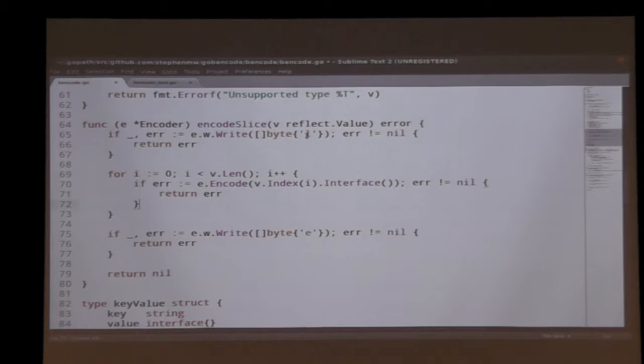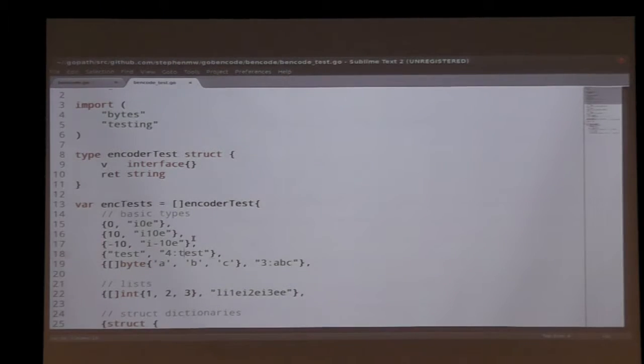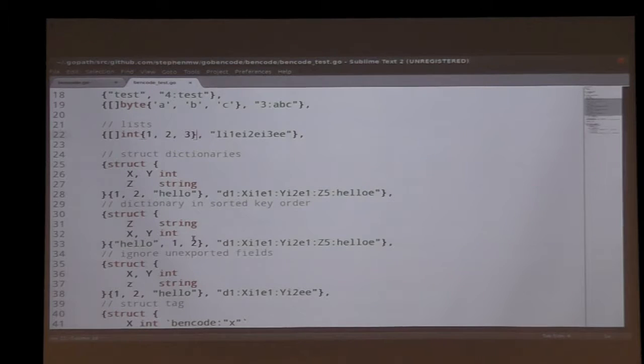Also, in case you were curious about bencode and what this is actually doing, I wrote a bunch of tests while I was doing this. I was actually writing the test first and then writing the code to implement it. For an integer, it's just i, the number, and then e. Strings give the length of the string, a colon, and then however many bytes. Lists start with an l, and then